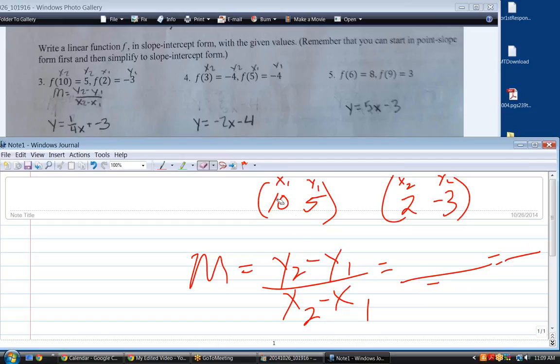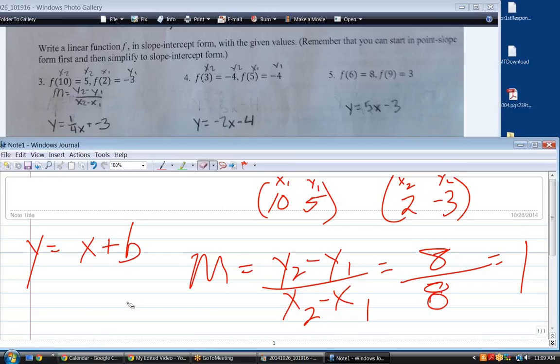Well, I'm still going to go this way, but now I get 8 in the difference of the y's and 8 in the difference of the x's. So that gives me a slope of 1. Okay, so it'd be y equals 1x plus 5. Well, we don't know what b is yet. We know this much. Okay? Now,